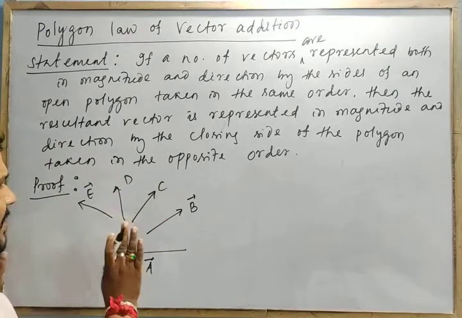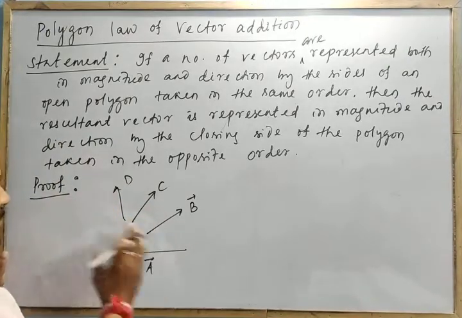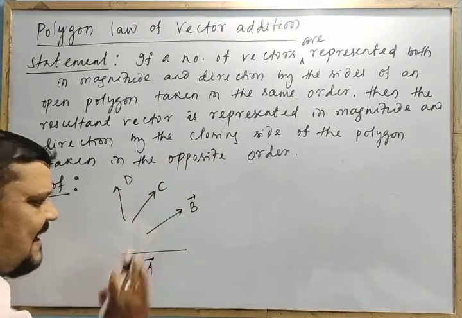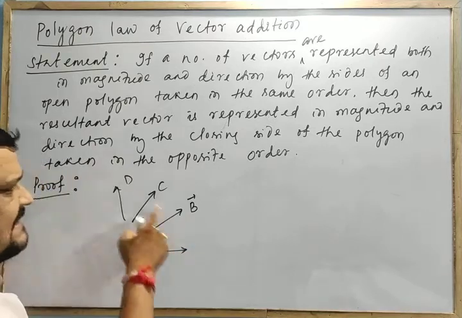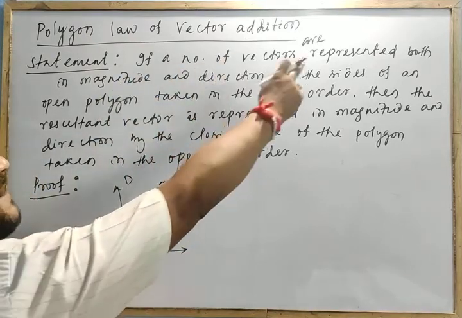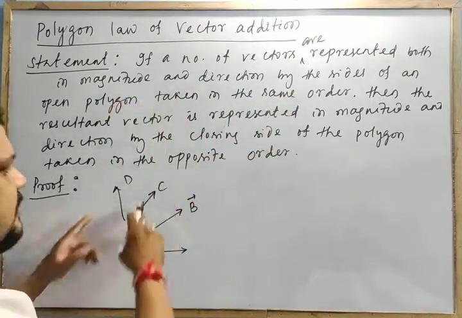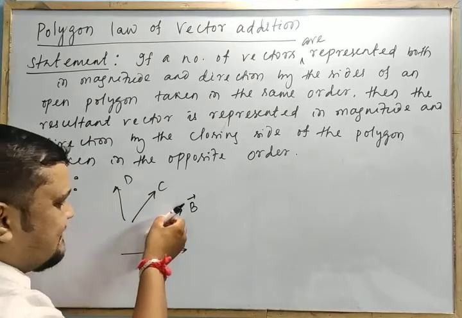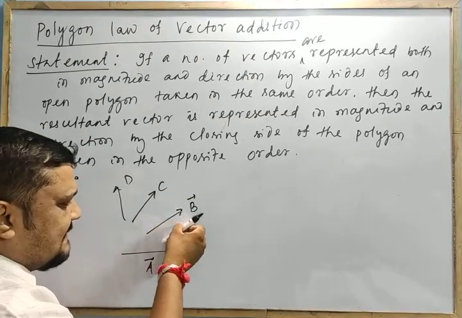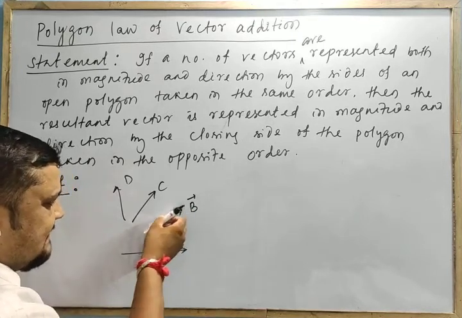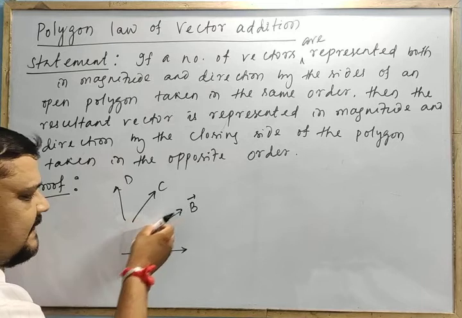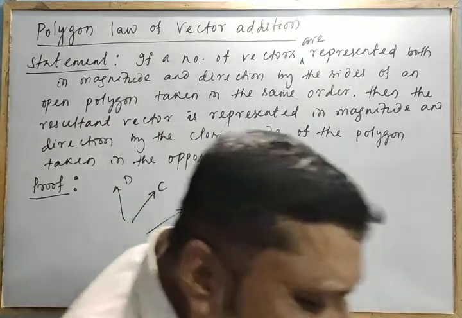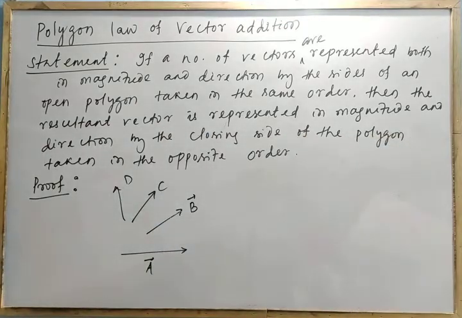Clear? So don't make it more complicated. Let us take four vectors, then we can do it for more than that. How it is done: by parallel shifting. So this is vector A. B, C, D are given. If a number of vectors are represented in magnitude and direction by the sides of an open polygon... they are not in the sides of an open polygon, I can make them by parallel shifting. So how is parallel shifting done? Now let us consider this B is shifted like this. So if B is shifted like this, I will make this B here. Clear? B. Then C is here, then I will make the C again. Okay? In that way, I can make this as the sides of an open polygon.